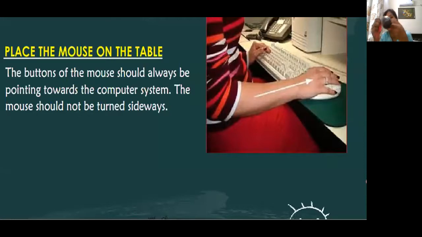It should not be sideways. It should be kept properly straight, because we are going to use the computer mouse pointing towards it, and whenever we keep our hands, they have to be kept in a proper straight way. You can see in the picture how the mouse is being held. This arrow mark states that we should keep the computer mouse towards the computer screen.